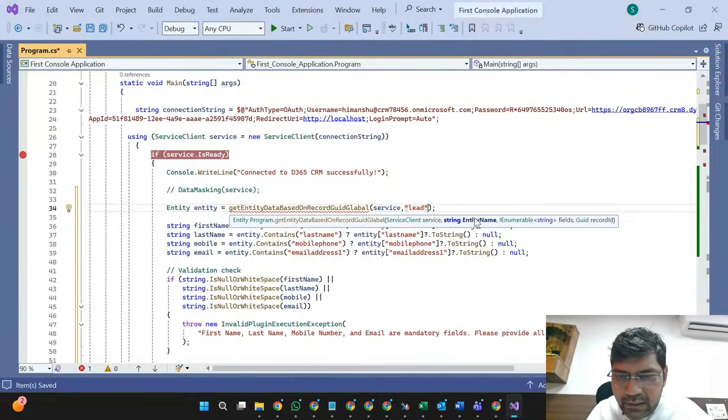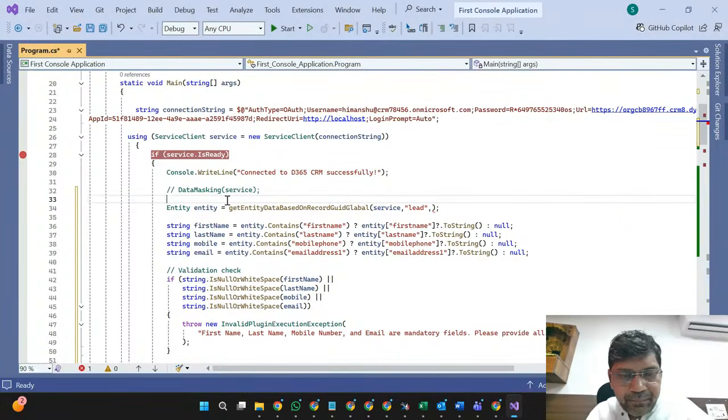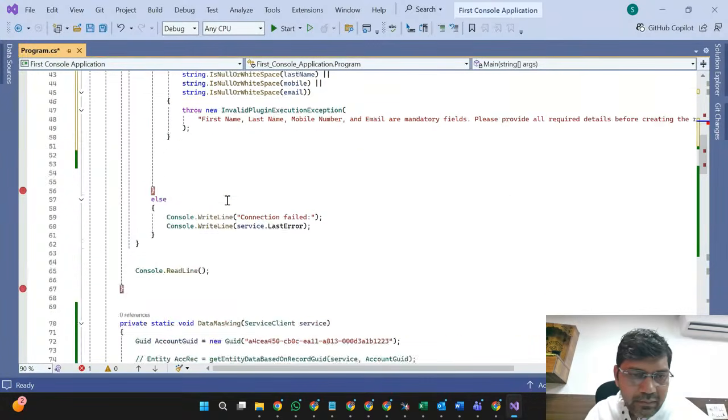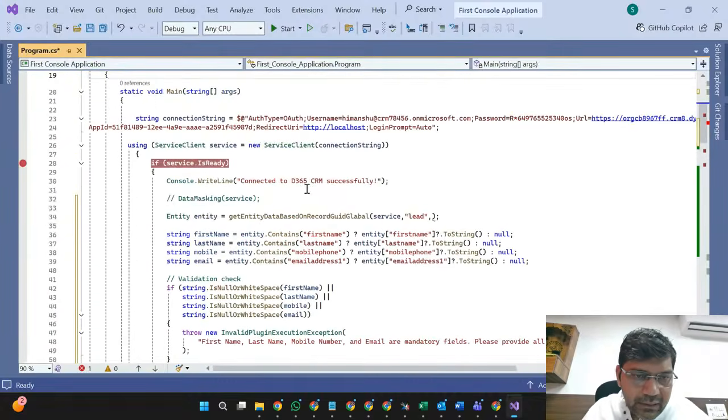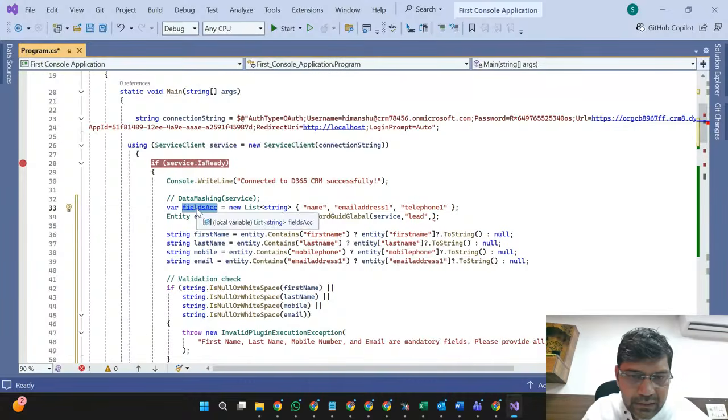Why are all this information needed here? Because we try to check first here. So what is the purpose here? Let's define that particular variable. The field account we will pass here.